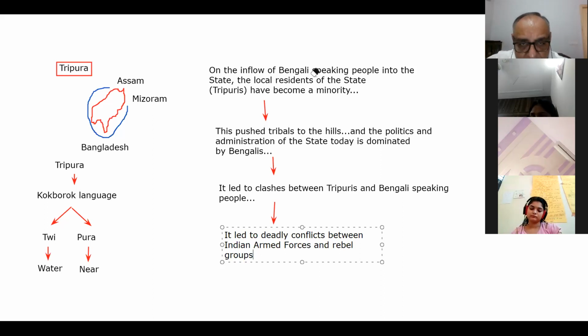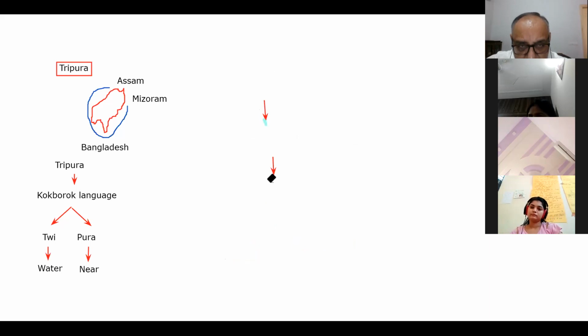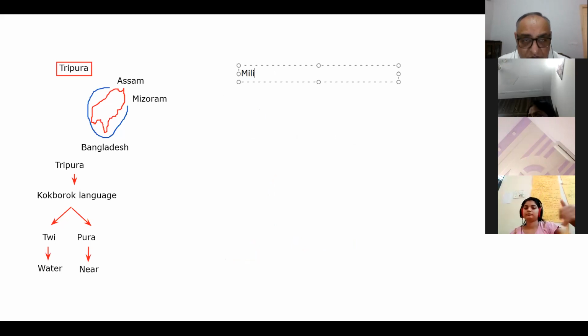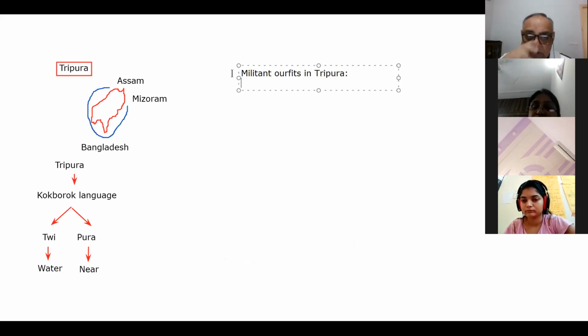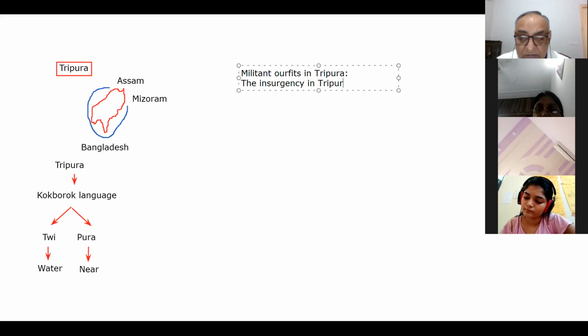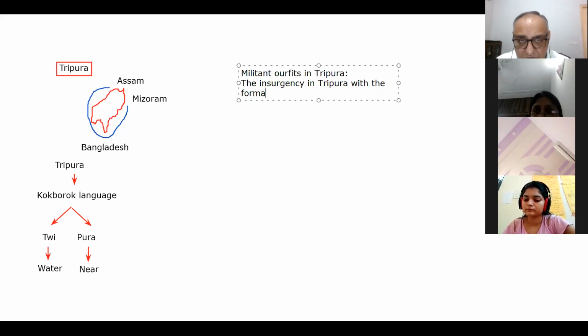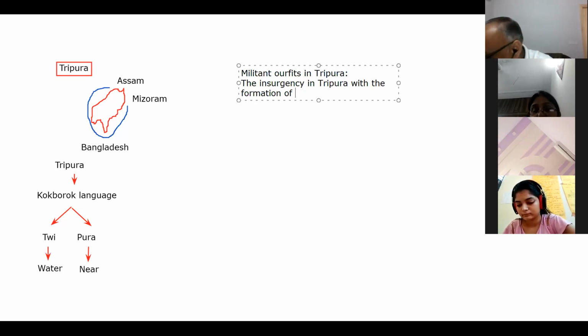So now let us come to the militant outfits in the state of Tripura, right? As far as the militant outfits are concerned, we would like to say that insurgency in Tripura began with the formation of Tripura Upjati Juba Samiti